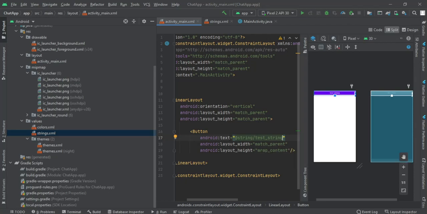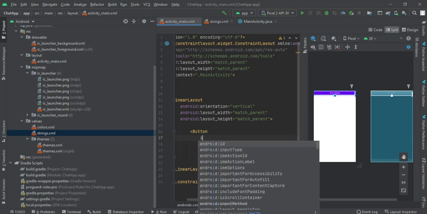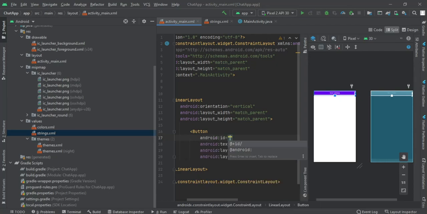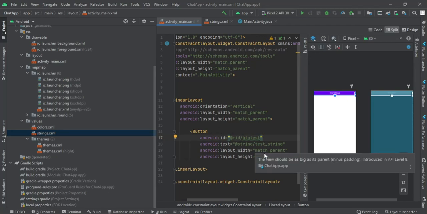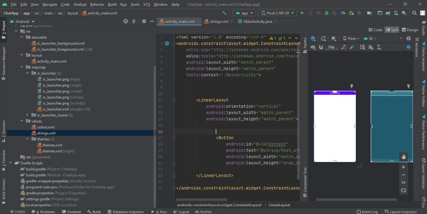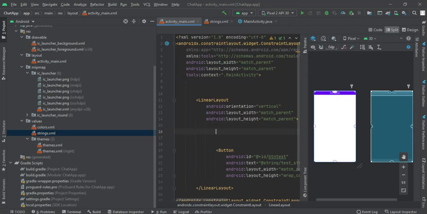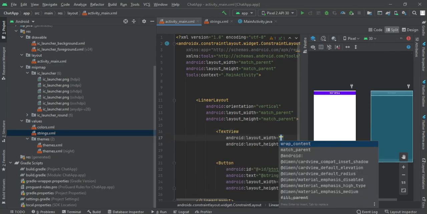Okay, so apart from this, one important thing that you need to have with the button, if you are going to interact with that button, is to use the ID property. So this will uniquely identify the button. So this is like a button test. Okay, so after you have completely written the button, what you would do is you have to connect it to some event. Okay, so what we could do is we could take a text view,